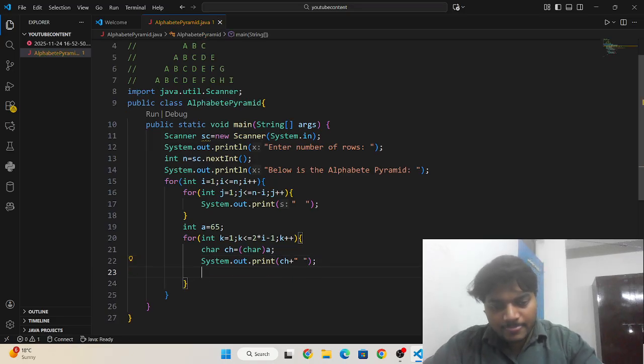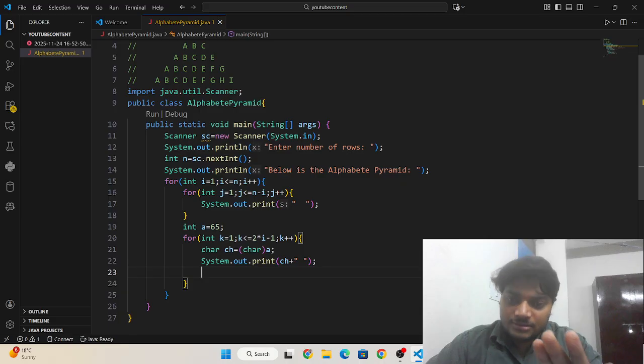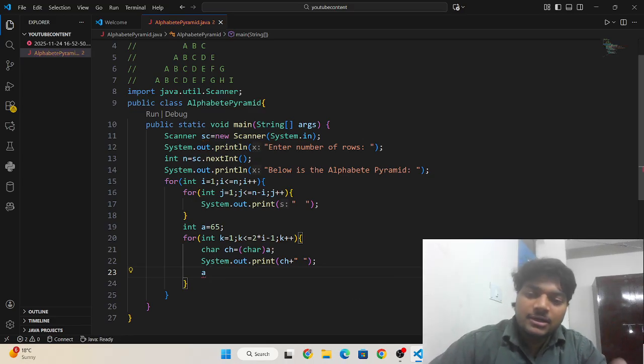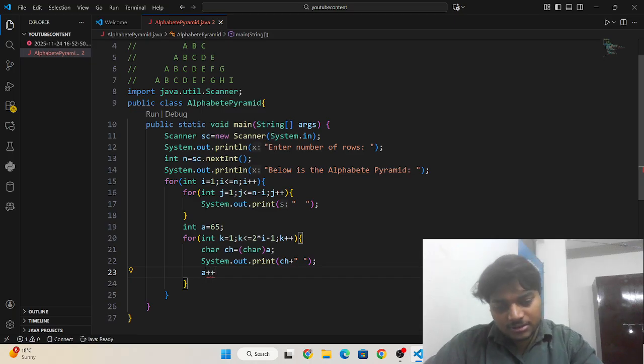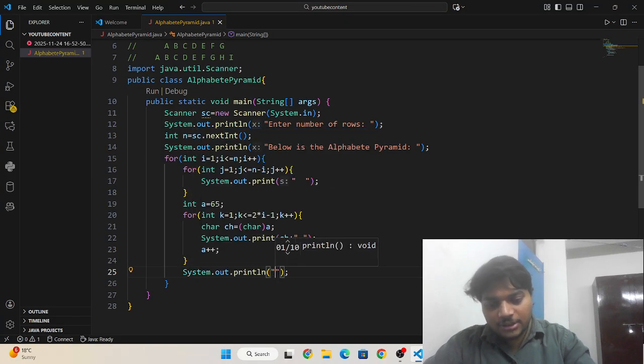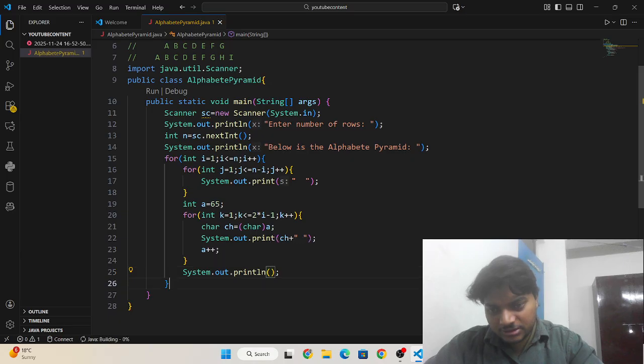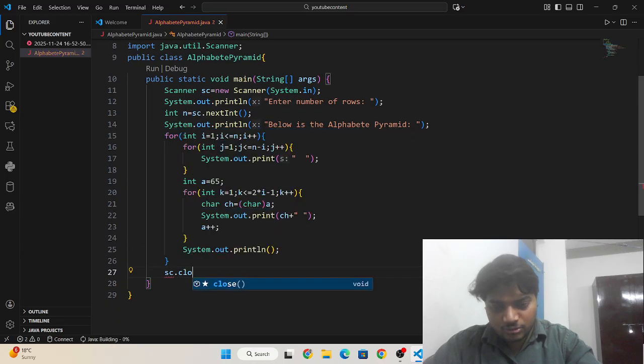I need to increment the variable a by 1, so that it can move to the next alphabet. Then I need to write one println so that the cursor can move to the next line, and sc dot close.